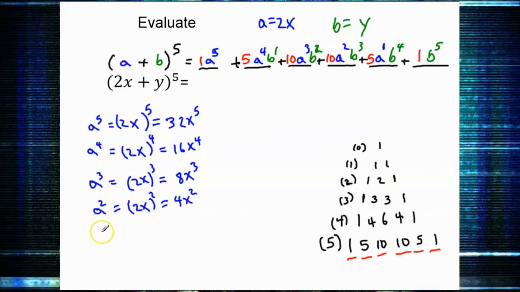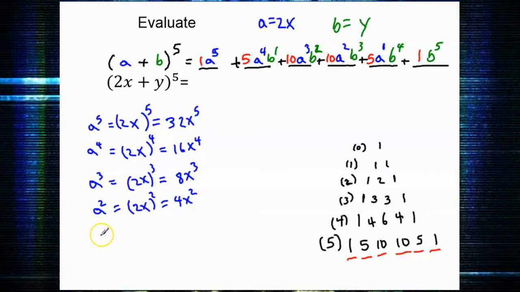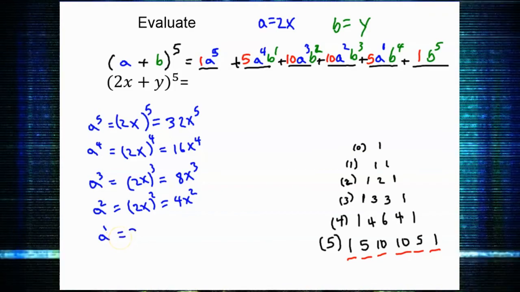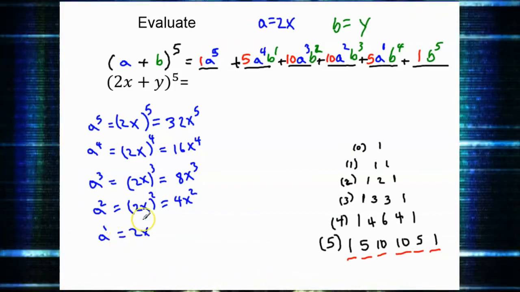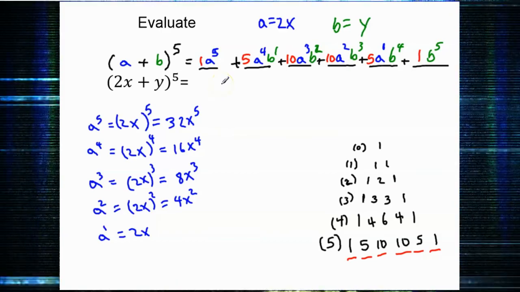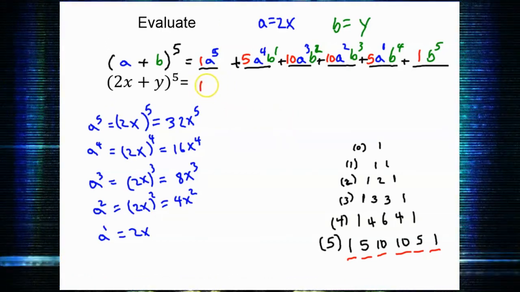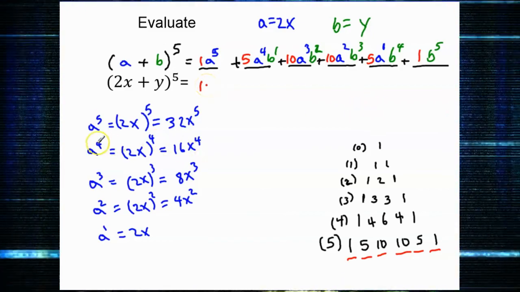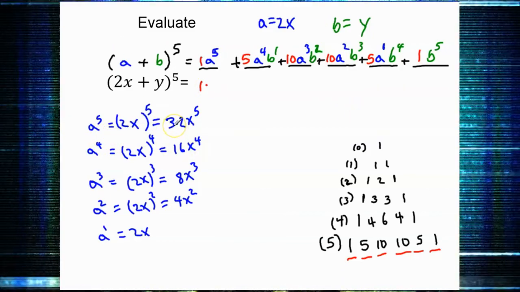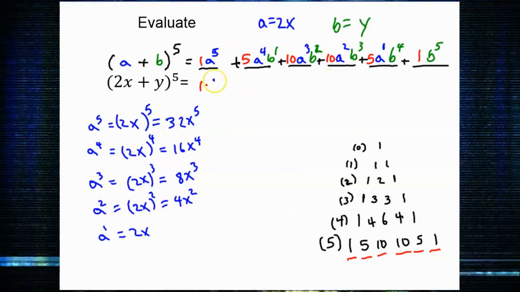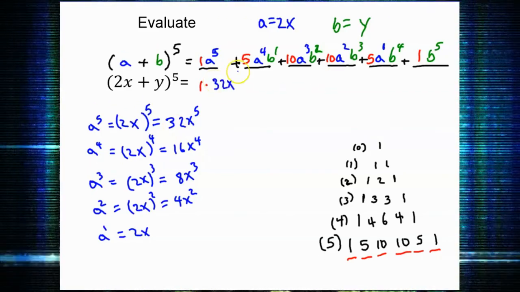Finally, again, we know that a to the 1st was just the same as a, and we know that a is 2x. So we're going to substitute all of those back into our expression so that we can work everything out. So now this a to the 5th is 32x to the 5th, so we're going to go ahead and replace that. So 32x to the 5th